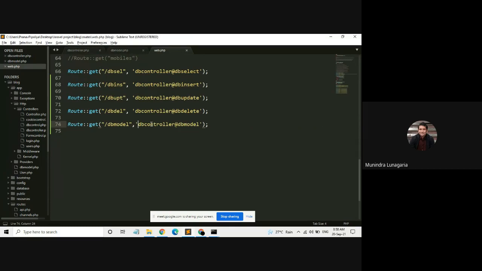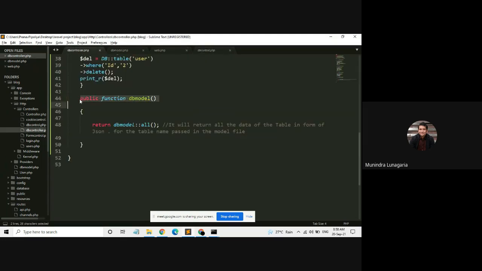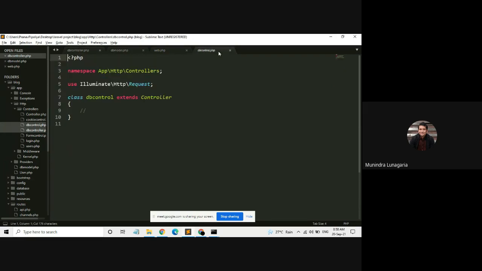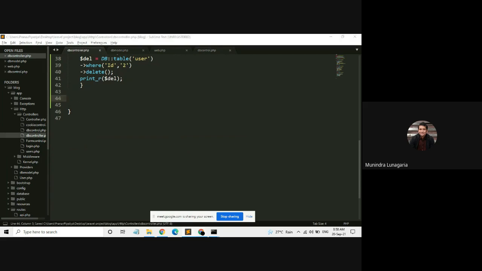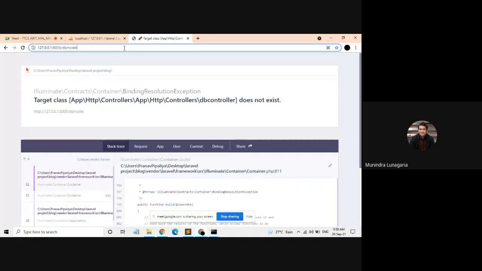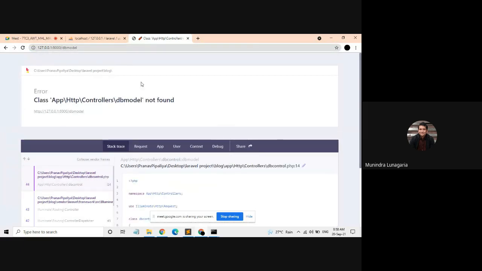Change it in the route. Copy this, paste in DBControl. Save this. Try to execute now. DB model. No, sir, still getting an error.